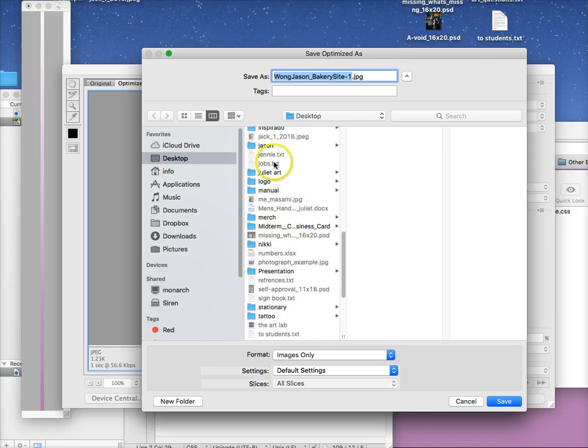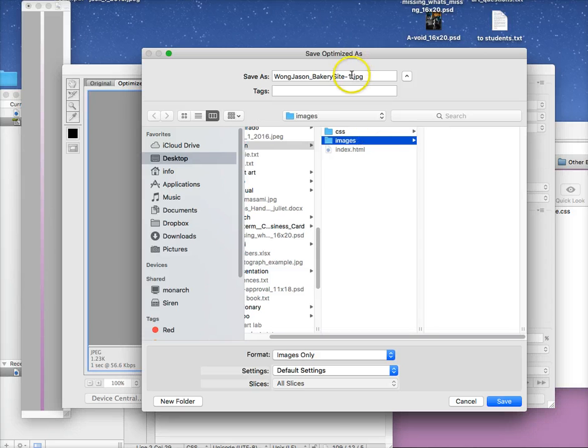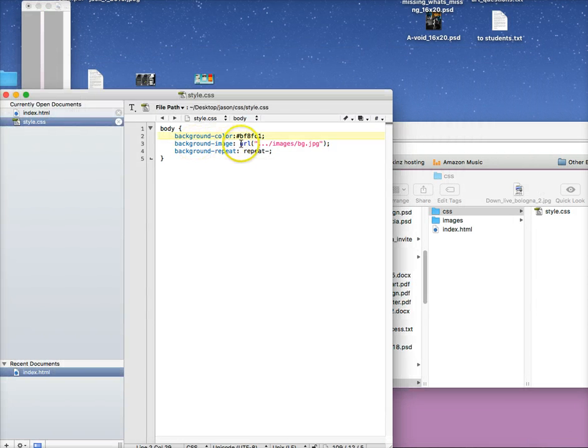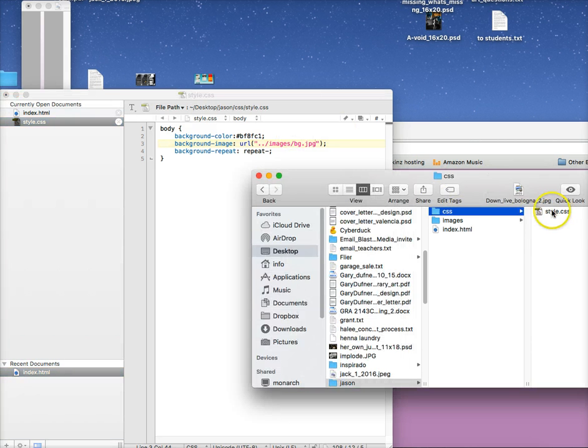JSON, images. We're going to call it just background, bg.jpg. Save. All right. So background image URL dot dot... Is it dot dot or no? It's dot dot slash images slash bg.jpg, because what we're doing is we're coming out of the CSS folder. That's the dot dot going into the images folder. And there's our